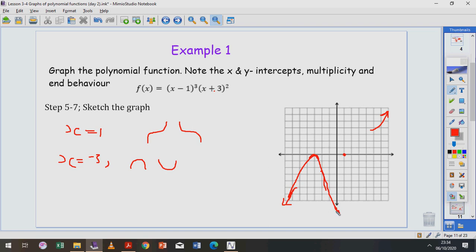I'm trying to be very accurate here. Then it will go through this point. You can either curve it here or you can have it curve up after this point, since it is just a sketch. We know, however, that this curve will still come and have an end behavior of that and then cross the x-axis at that point like this. So it doesn't matter how you join it, as long as you join it right. I'm struggling here. Yeah, so I've crossed the x-axis, then I come to my y-intercept. You guys can do better art than this, but my graph is going to have this kind of